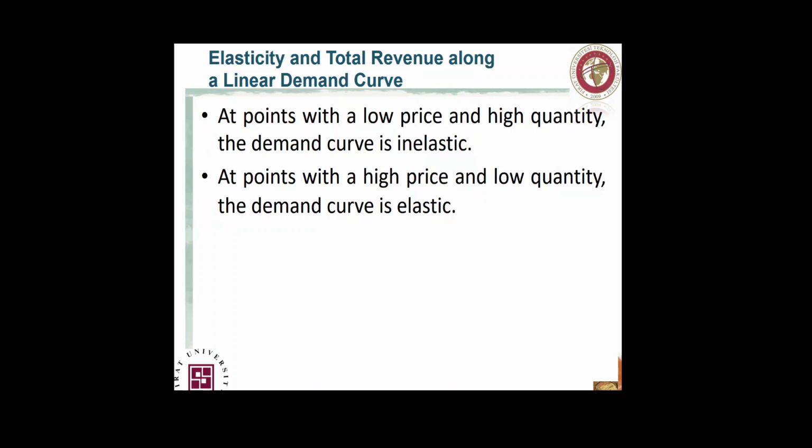So for the next part of the chapter, we will be discussing the elasticity of the supply along with other applications, and we will discuss some